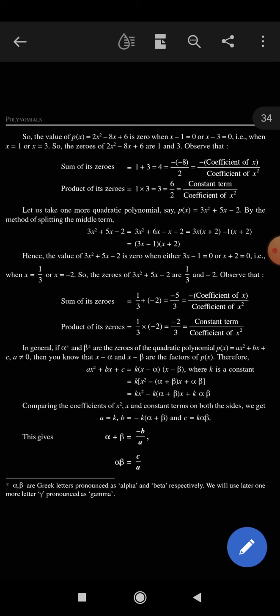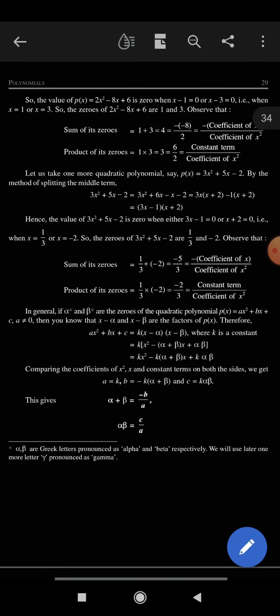is minus (coefficient of x) upon coefficient of x square. And also the product of its zeros, it means 1 by 3 into minus 2, is equal to minus 2 by 3. It is equal to constant term upon coefficient of x square. In general, if